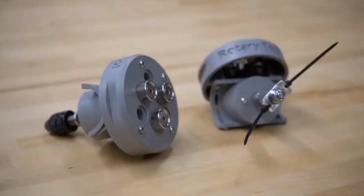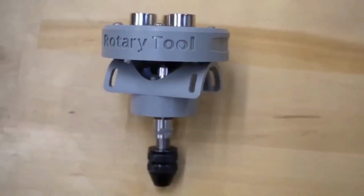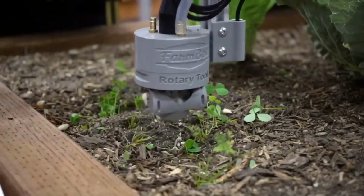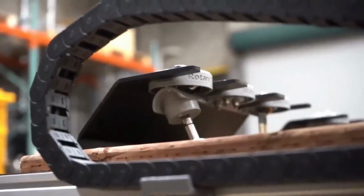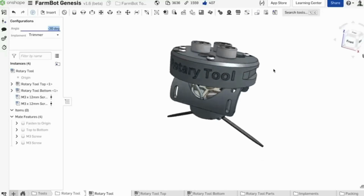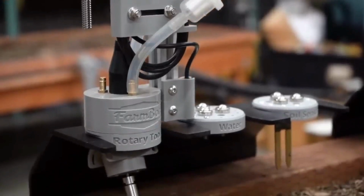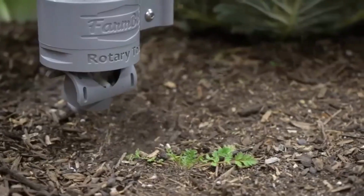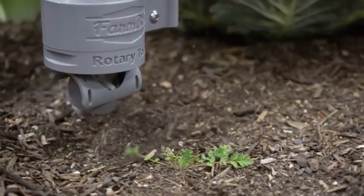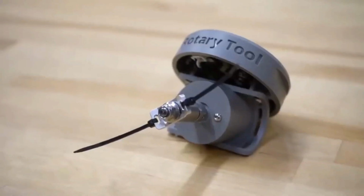plants both indoors and exterior. It's completely customizable and has open source code so it can do anything you want. It's also very easy to use and you can control it using apps, making it feel like a video game. Plus, you could add specific attachments like a rotary tool to help with weed control or maybe a drill chuck to perform drilling operations. This thing also comes in various sizes so you can choose one that works for your